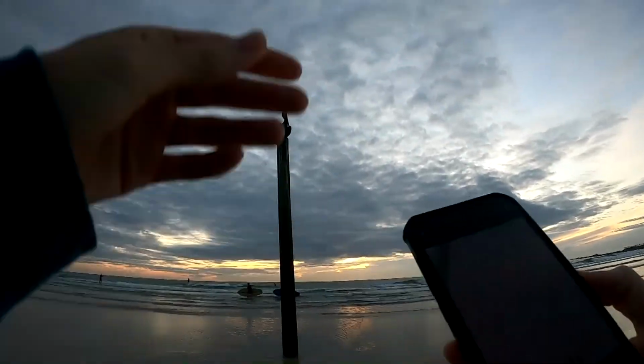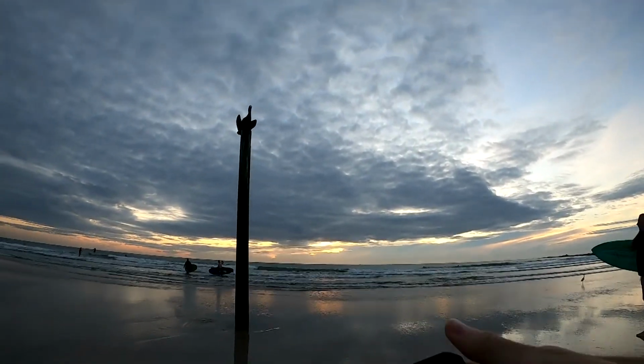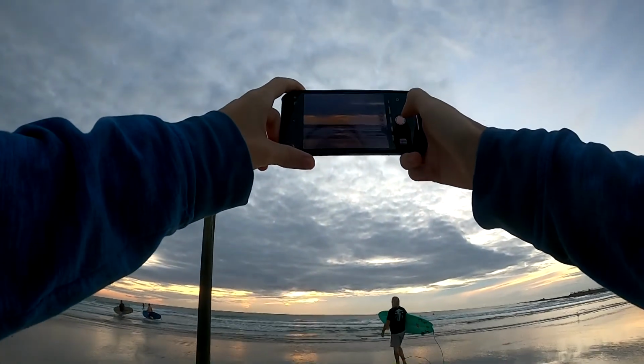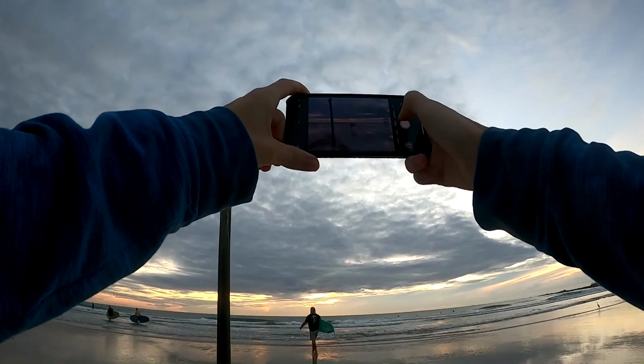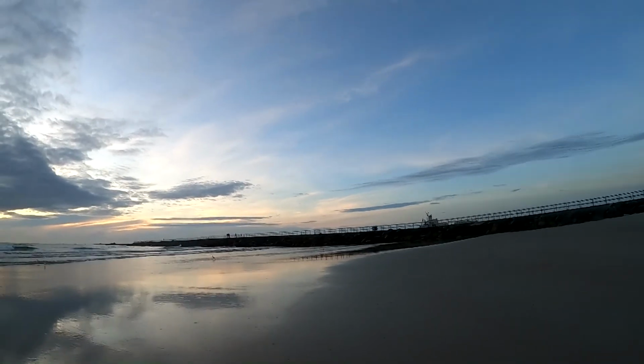So here we are at the beach again for the sunrise, and no joke, the moment I saw there were surfers here this morning, I immediately regretted leaving my other camera at home. The reason is because I knew there was no way for me to zoom in for the type of photos I want. So already I'm off to a bad start, but there is a feature I like about the iPhone